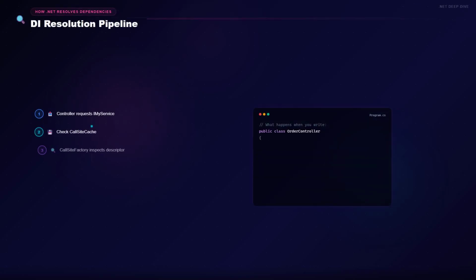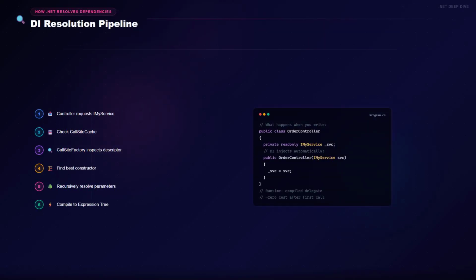Now let's trace what happens when you request a service. When you inject IMyService into a controller, the request pipeline creates a scope. ServiceProvider.GetService is called. It first checks the call site cache for a cached strategy. If not cached,